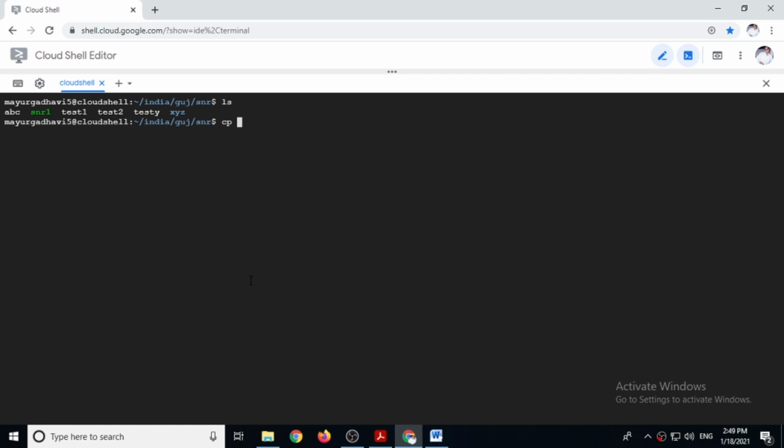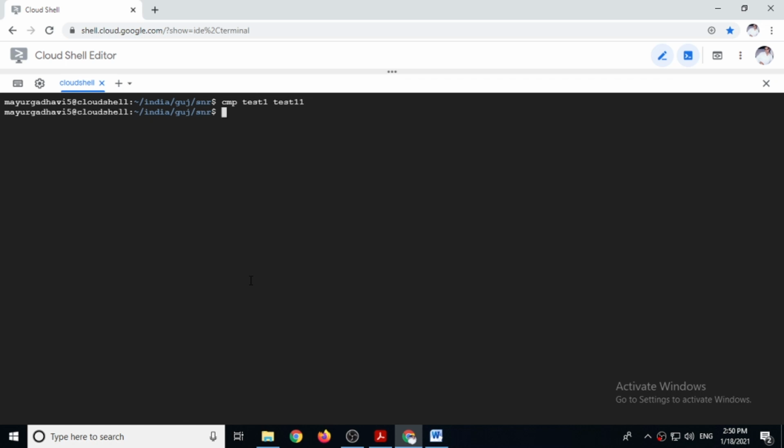So let's copy test1 and create test11 file. Because we have copied this file, so the contents are same. Now let's compare. So CMP test1 space test11. Now if both the files are similar, having same contents, then it will just show you the prompt.